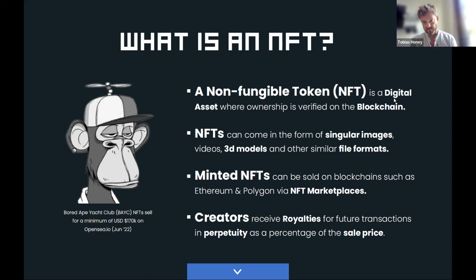One of the major benefits of selling your creations in this way is that once you've sold an asset on the primary market, if that asset is then sold on the secondary market, you will receive royalties for that. As things currently stand, if you were to issue your work as a WeTransfer file and receive a PayPal or a bank transfer, and that client then sells the asset onto a third party, you will not have any rights to royalties from the resale. Whereas with an NFT, that data is built into the smart contract, which we'll talk about a little later. Essentially, the script for the transaction allows for a percentage of that sale to go back to the